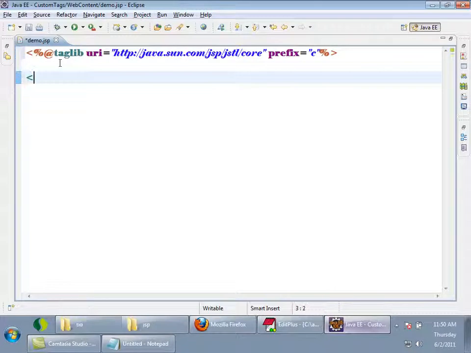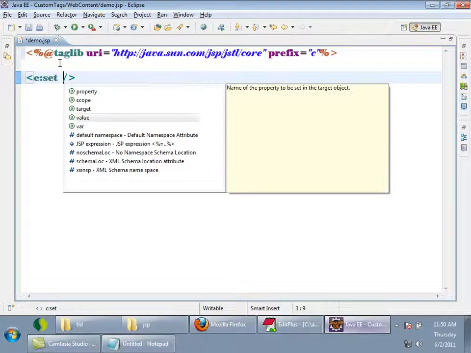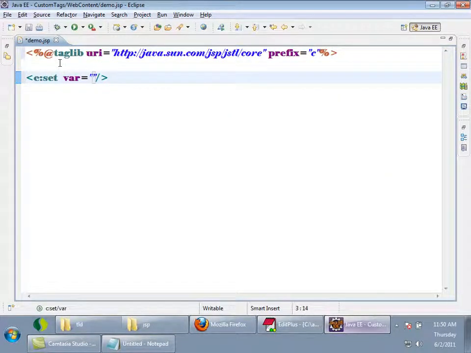Then now I want to set an attribute in session scope, so I'll use c:set. var is equals to the variable name. What is the variable I want to set? var is equals to names, value is equals to some string here.